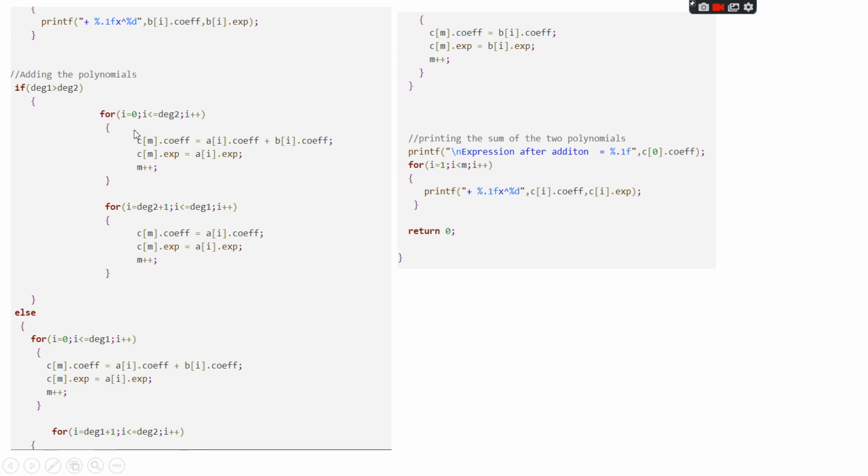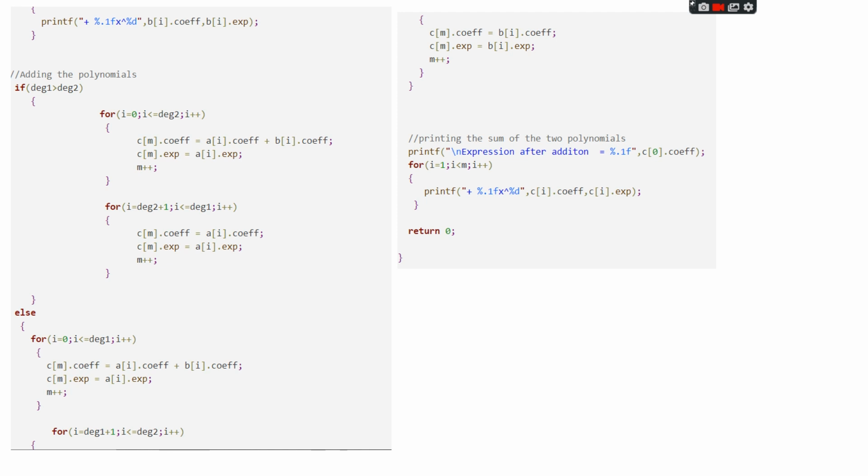So for i equal to 0, i less than or equal to degree 2, i plus plus. Here the test condition i less than or equal to degree 2 is taken so that among both the degrees, degree 1 and degree 2, the least degree is taken, because firstly we will be adding those elements whose powers are the same. For example, in polynomial 1 there are 5 terms, that is till x^5, and in polynomial 2 there are 4 terms till x^4.